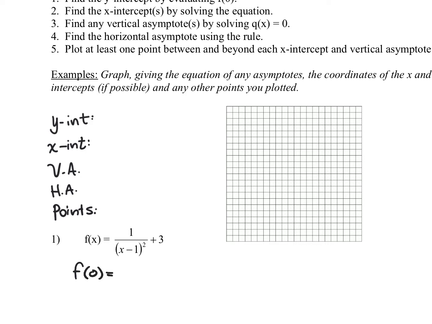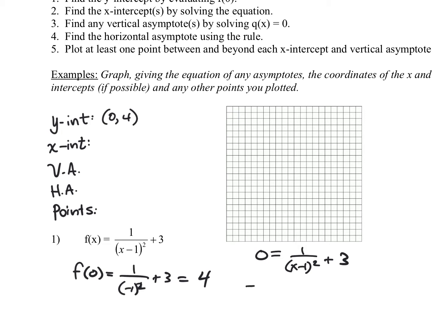And in this case, that will be 1 over negative 1 squared plus 3. Well, 1 over negative 1 squared is 1. 1 plus 3 is 4. So our y-intercept occurs at (0, 4). Our x-intercepts occur when our entire function equals 0. So if I were to say 0 equals 1 over x minus 1 quantity squared plus 3,